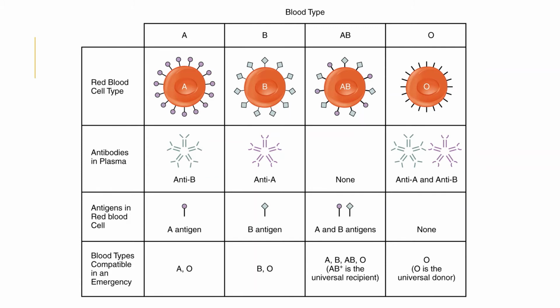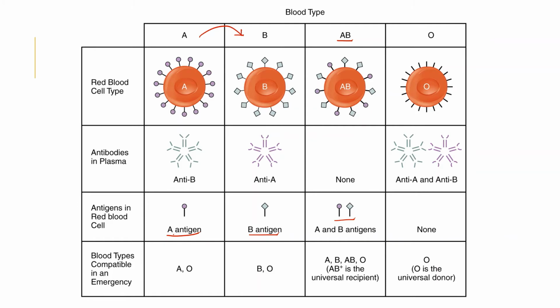This is all because of the presence of an antigen or surface protein on the surface of the RBC, your red blood cells. So if you have blood group A, your RBC shows presence of antigen A. If you have blood group B, your RBC shows antigen B. If the person has blood group AB, the RBC will show both antigen A as well as B. Then the question comes, why can't the blood of a person who belongs to A be transfused to a person with blood group B?